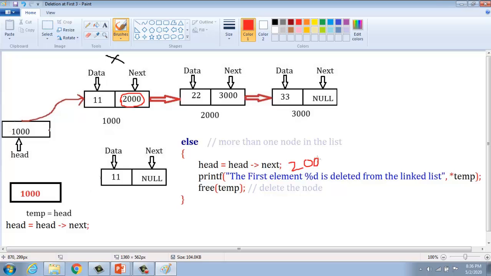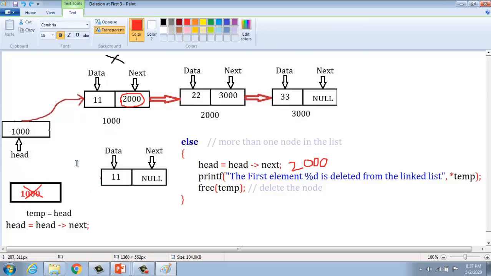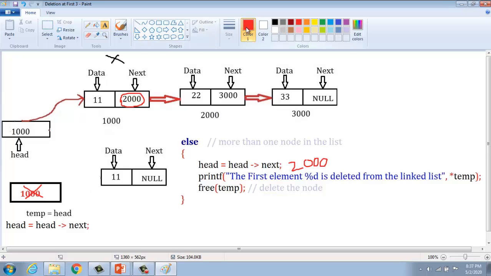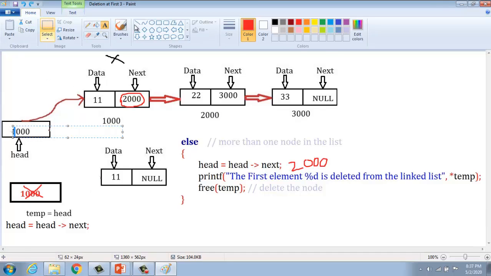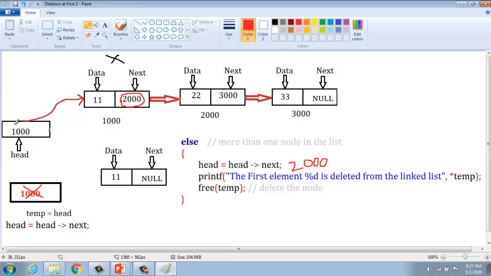There is a mistake here. We have to change the head pointer. This should be changed into head equal to head points to next. This is the head pointer.